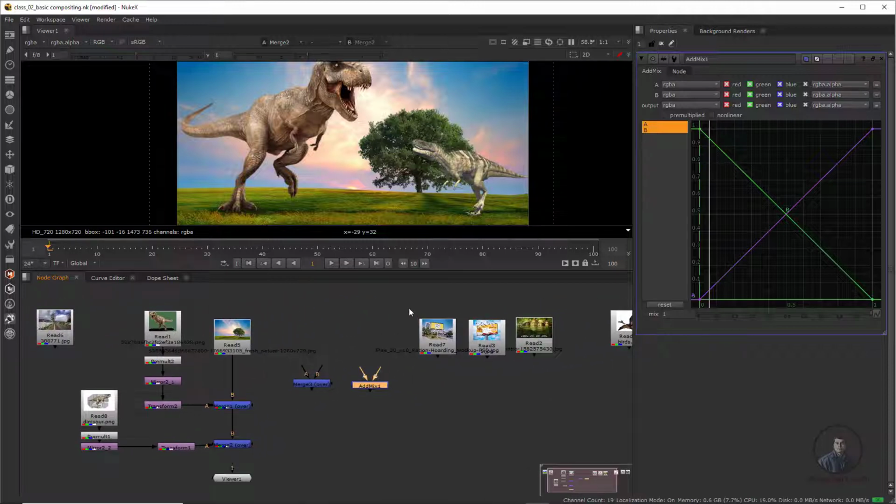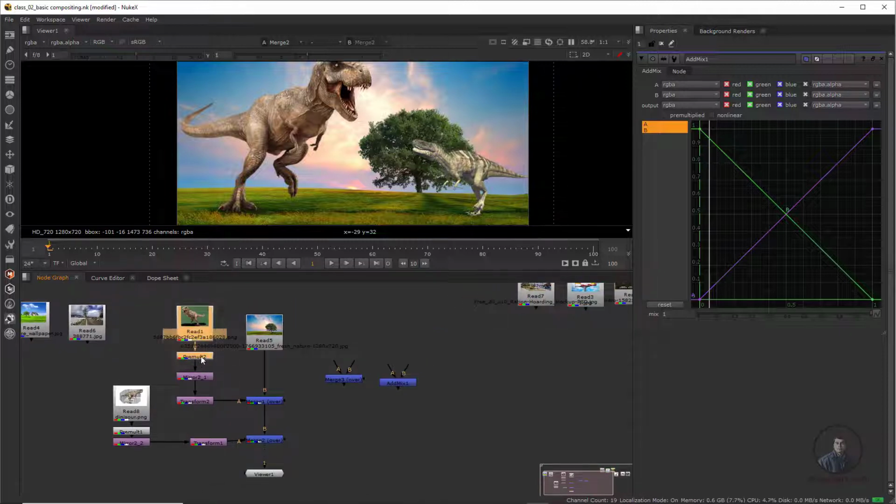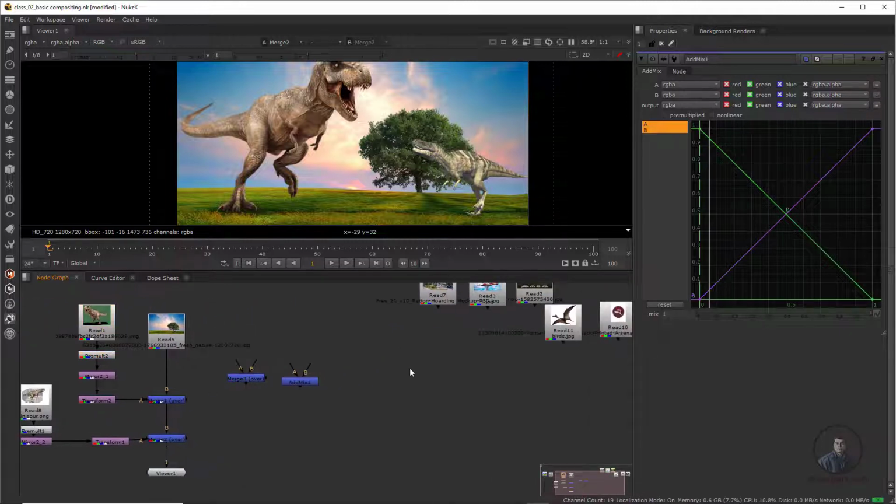So same thing, I am going to take it here. A little bit move it here. So just copy from this pre-mult. So Control C, copy and paste it here. And again take this background. So Control C and Control V. So here only for explanation, I have copied all these nodes here.